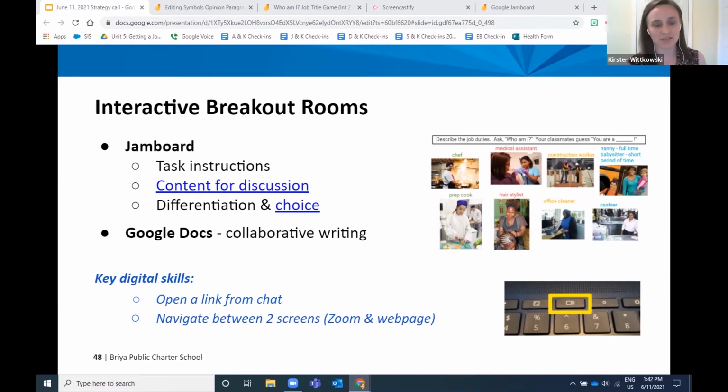And so the way we would use this is we would create the Jamboard and we would send the link in the chat so students could open up the Jamboard on a second window and then have that open as they went to their breakout rooms. So I'll show you an example of one that we've used